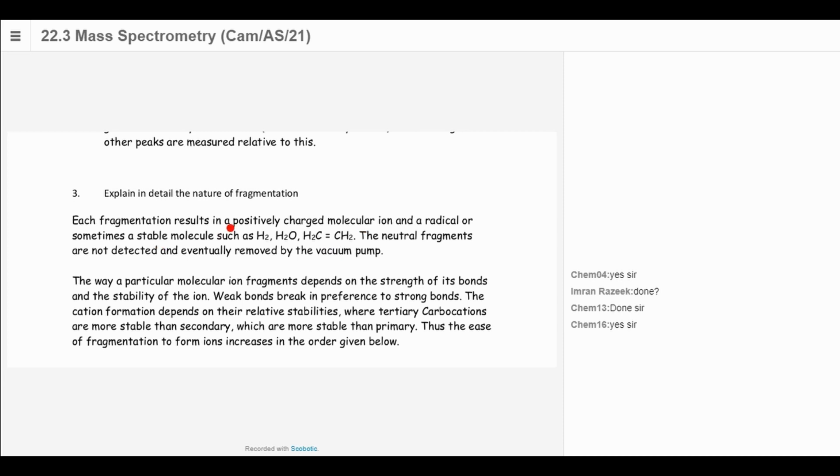So each fragmentation results in a positively charged molecule ion and a radical, or sometimes a stable molecule such as water, hydrogen, or